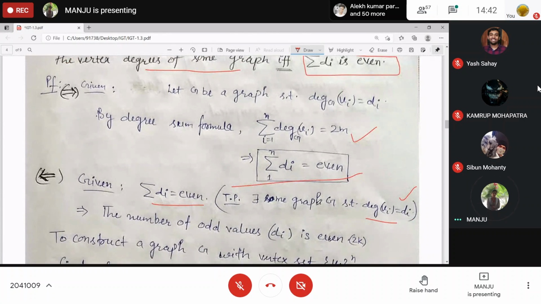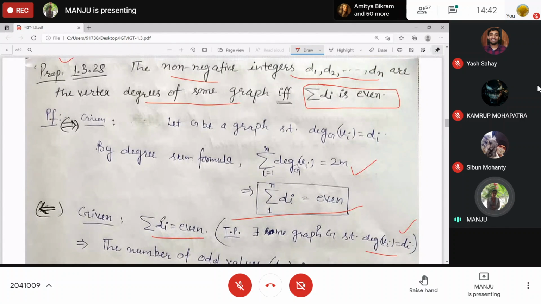Clear? So you are not given the graph or the vertex degrees, only the numbers d1, d2, and so on up to dn. The summation is even. So there may be some even terms, or maybe some odd terms as well, right?